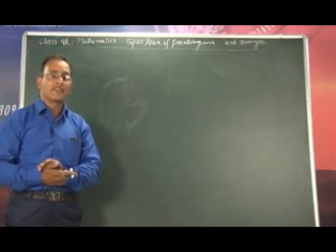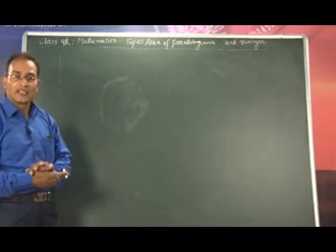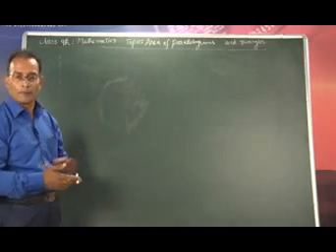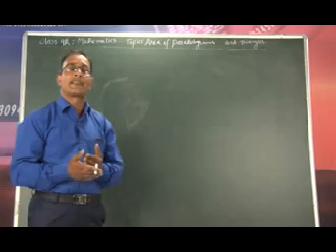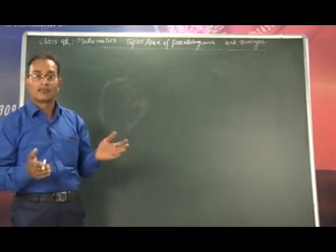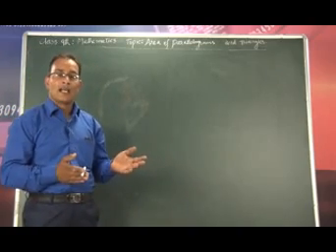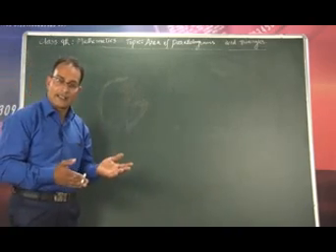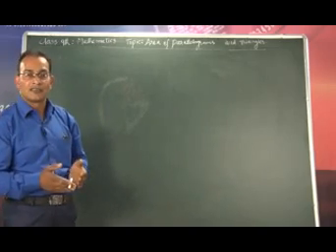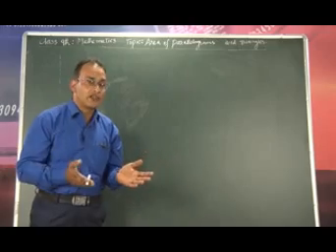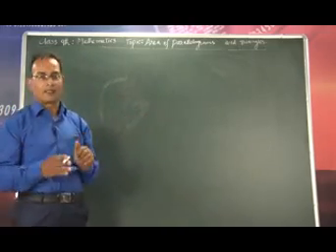This is actually a topic in class 9th mathematics, and we have already learned a lot about this topic. That is, we have learned how to calculate the area of a parallelogram, how to calculate the area of triangles, and what is the relation between a parallelogram and a triangle which are on the same base between the same parallels in terms of area, and what happens when a median is drawn in a triangle. Is the triangle divided into two triangles of equal area or not? Those are the things which we have already learned about.